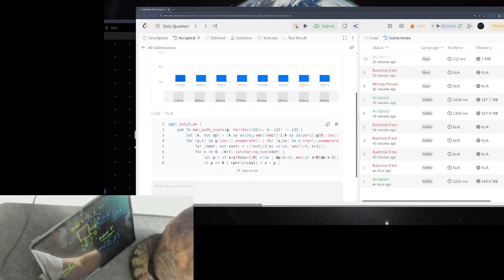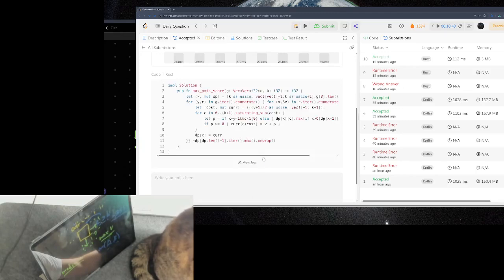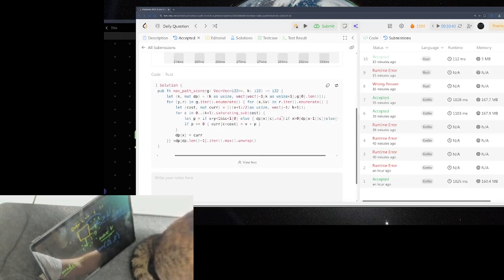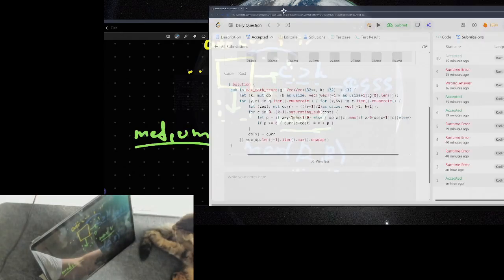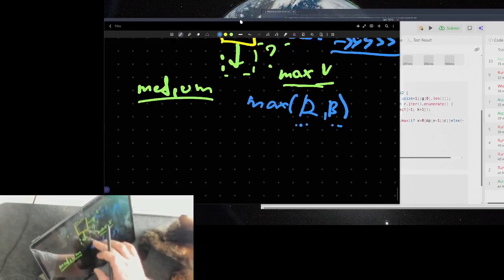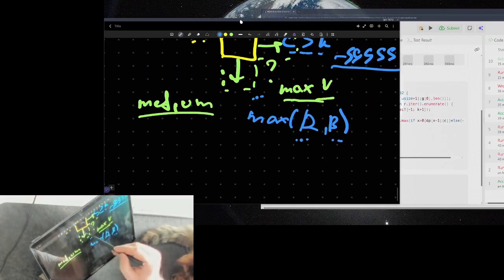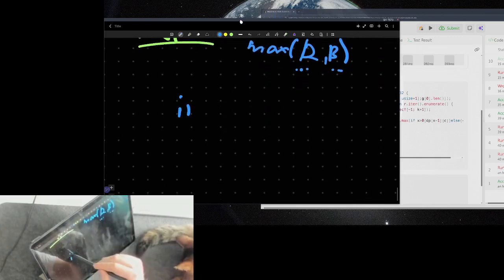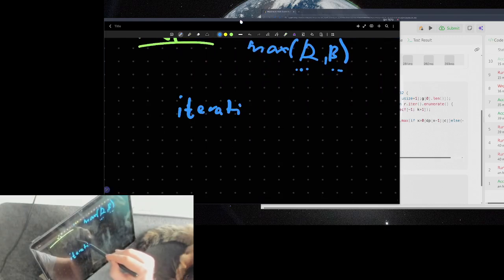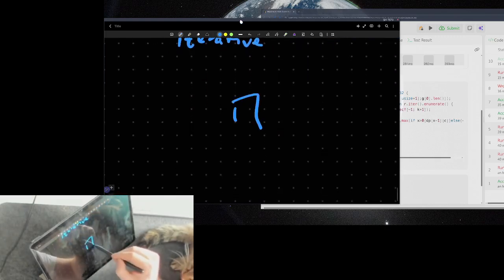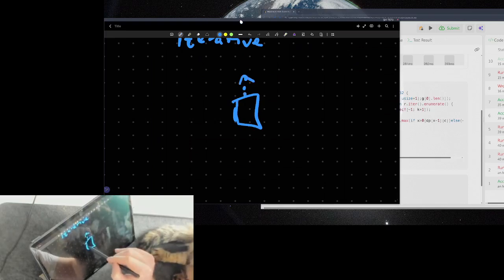Now let's look at the Rust, and the Rust is an iterative version, and the iterative version has a little bit more interesting way of describing the logic. So if you go in the iterative version, you don't check in the next cell that you would go. Instead you are at the current cell and you check in the histories to the left and to the top,